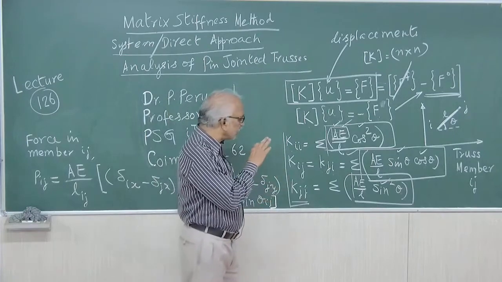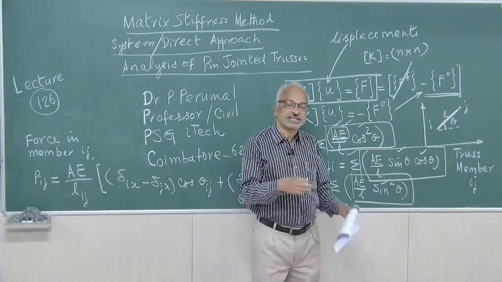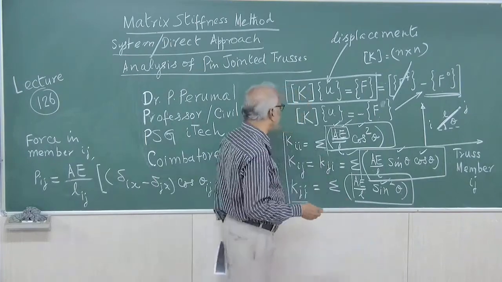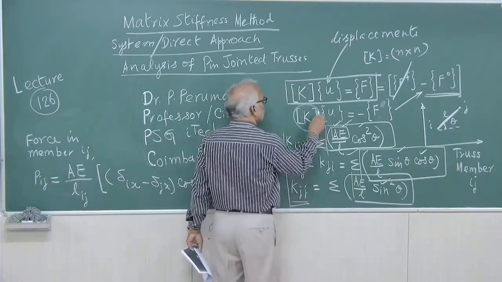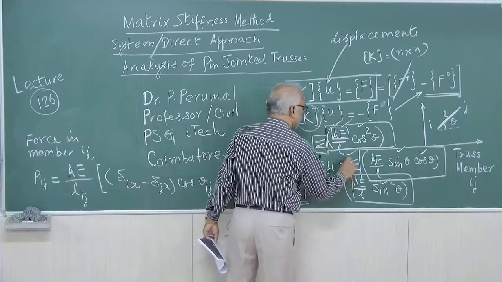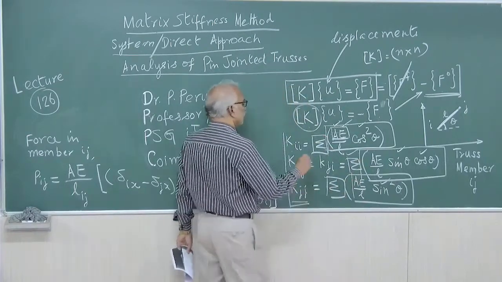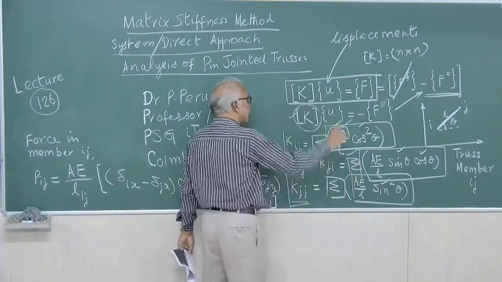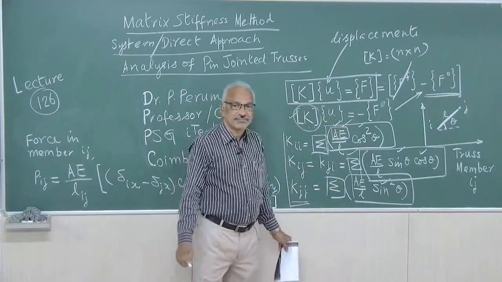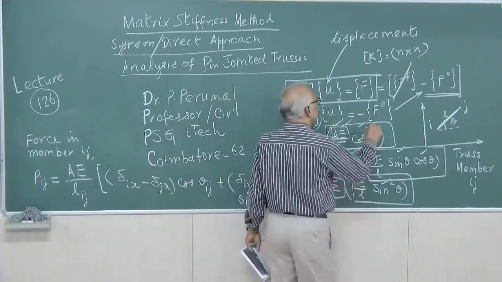So this will tell us what are the columns that are to be provided in the tabular form when you find out the stiffness coefficients. And then add everything, sigma and sigma, add everything. So that will give the stiffness. So once the tabulation is ready, then the stiffness matrix is ready.